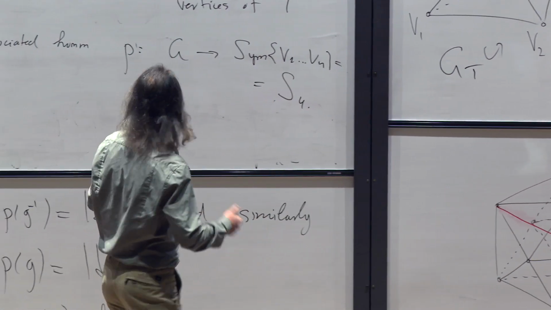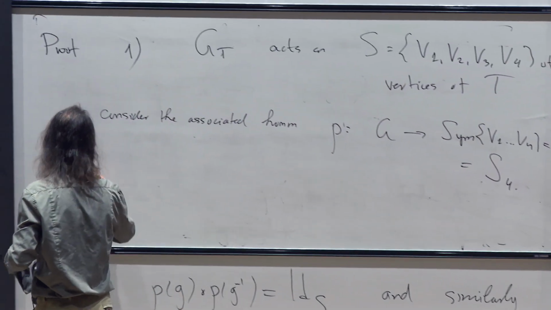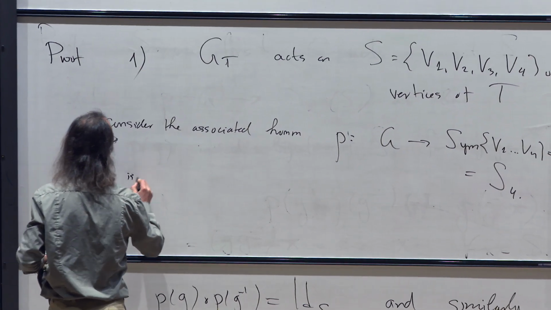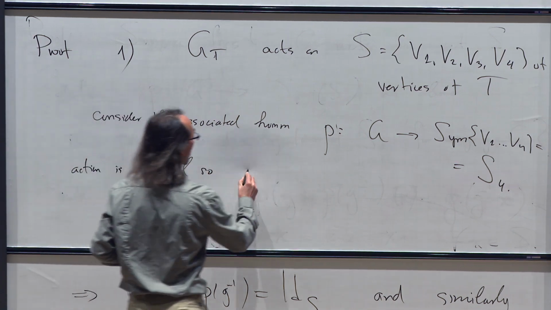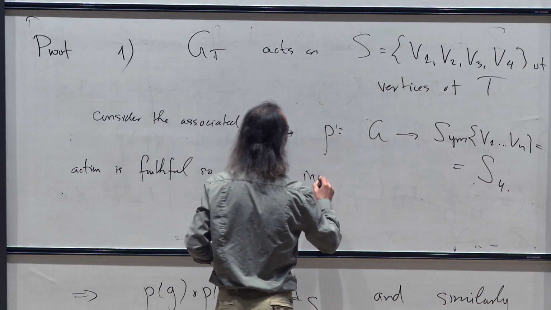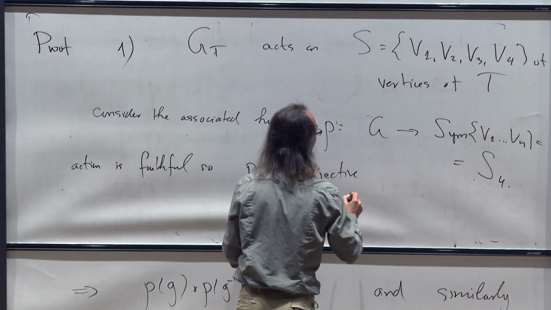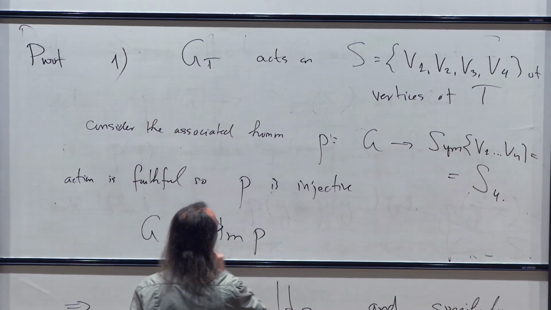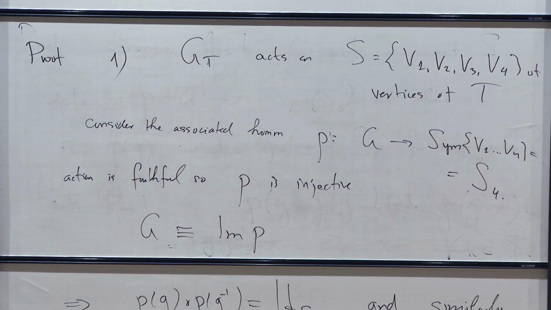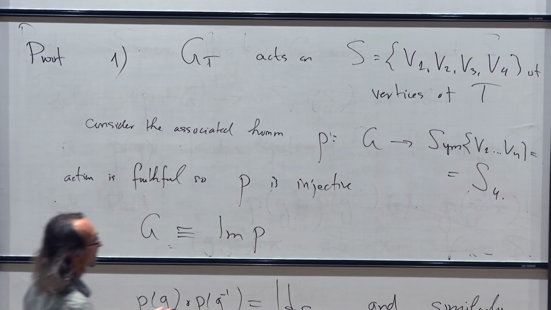So the action is faithful, so rho is injective. Then G is isomorphic to the image of rho, which is a group of size 12